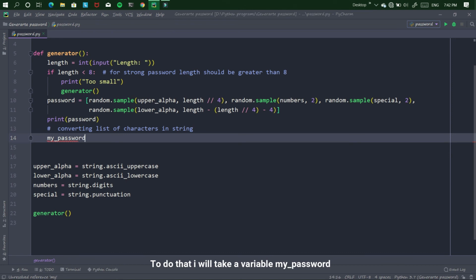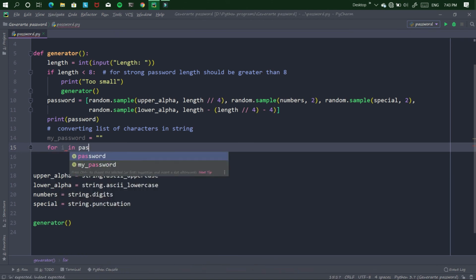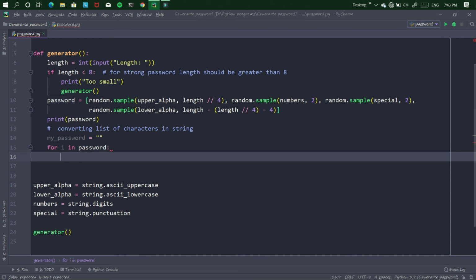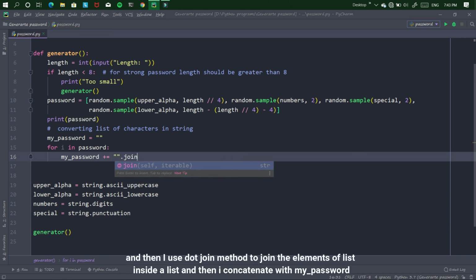To do that I will take a variable my password. As you know I have a two dimension list, so first I iterate over password. And then I use the dot join method to join the elements of the list inside the list.